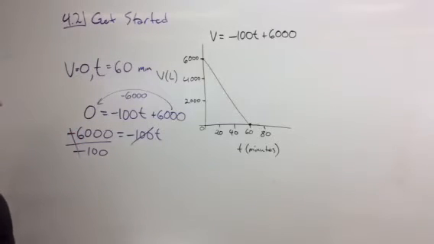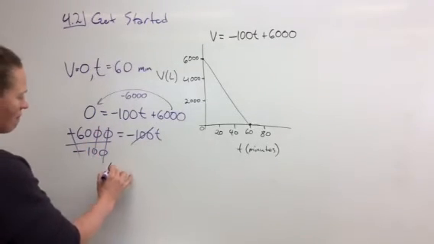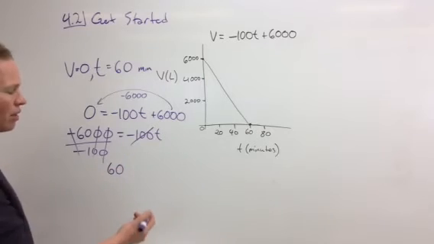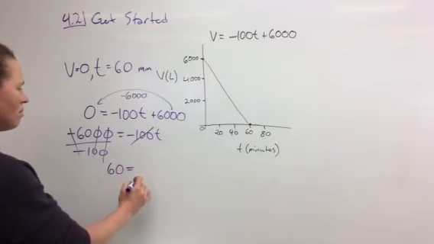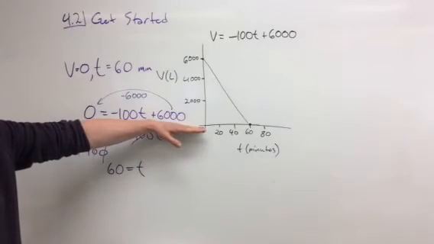Negative 6,000 divided by negative 100. Negative divided by negative is a positive, so we wipe those out. Zeros over top, looks like it's just 60. You could have done that in your calculator, but it would have wasted time. 60 equals t. So when we plug 0 in, we can get out the number that shows us what the